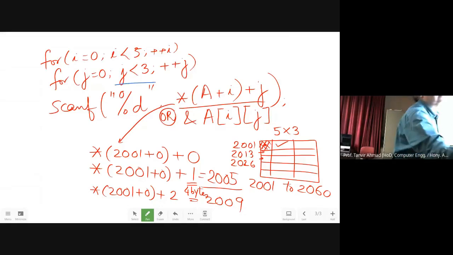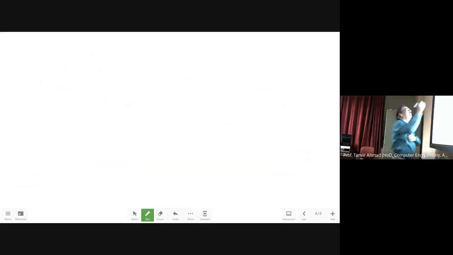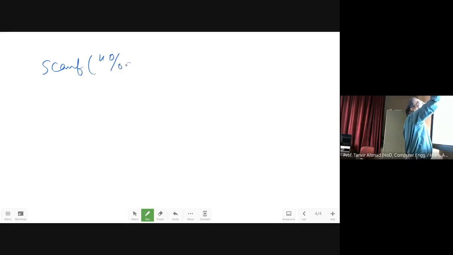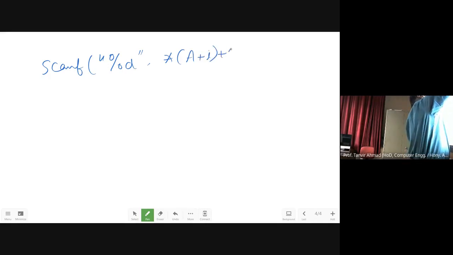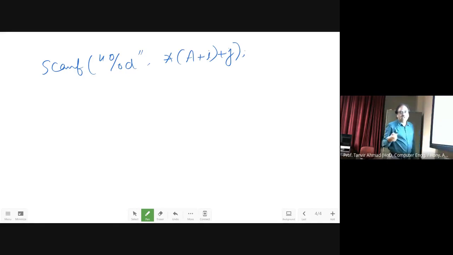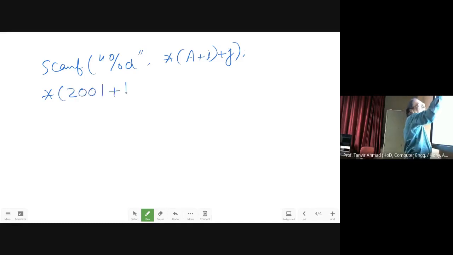In that case, you are writing scanf like this. When the loop terminates, the next value will give you star 2001 plus 1, and j will become 0, because this is i and this is j.